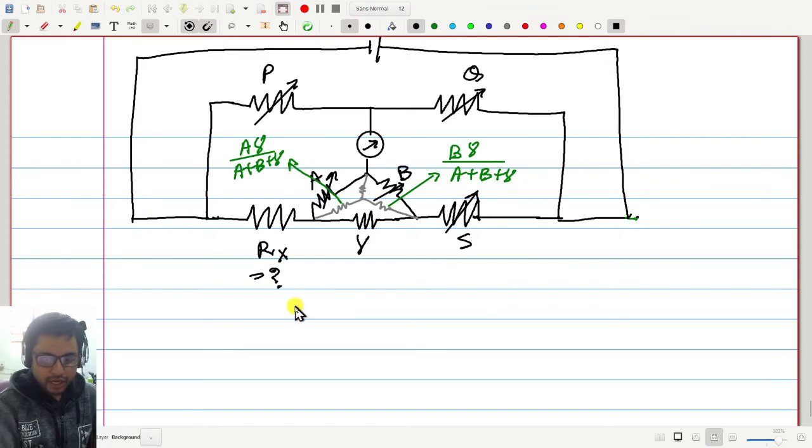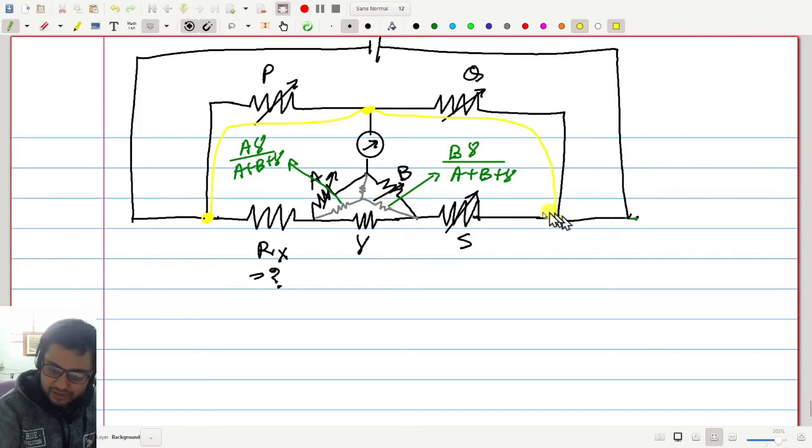Okay. Now the balance condition. So now you see this is a Wheatstone bridge. How is this a Wheatstone bridge? It has 4 arms. From here, this is one arm. This is the other arm. Then this and these two resistances together is the third arm, and this is the fourth arm. So this is a four arm Wheatstone bridge. Between these opposite two terminals I have the battery, and between these two opposite corners I have the meter. Okay. So now I can write the balance equation